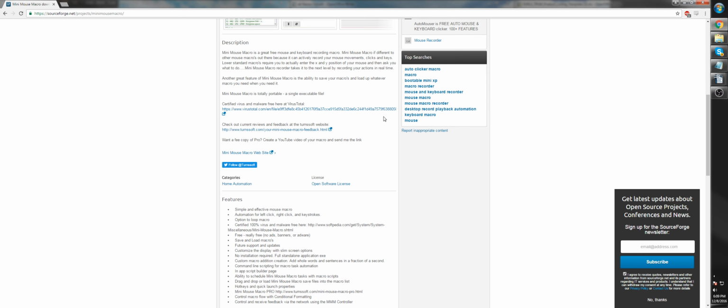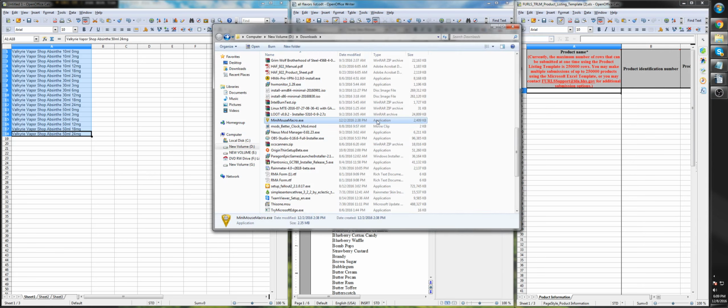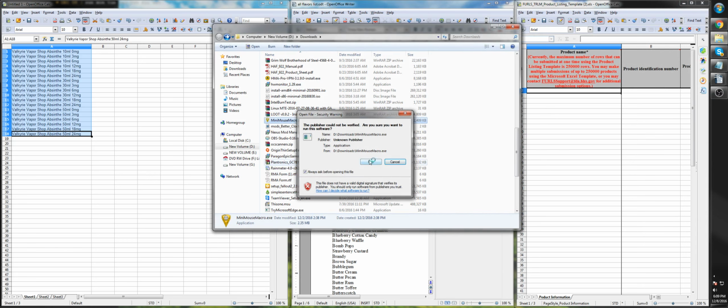You're going to search for Minnie Mouse Macro. You can download it from SourceForge. You don't need to install it or anything. You just run the exe that you download. So we're going to open this, run it,